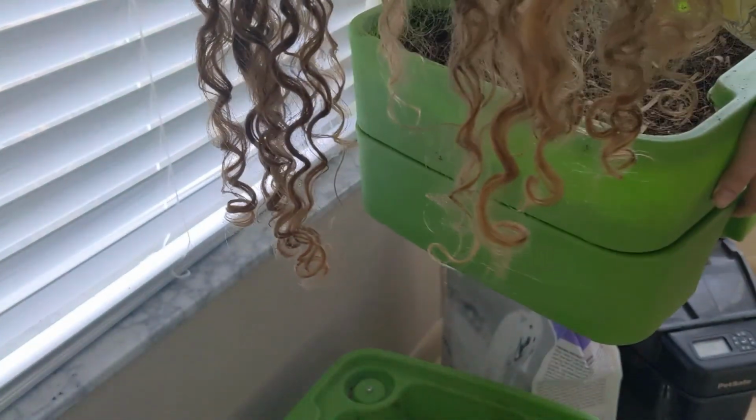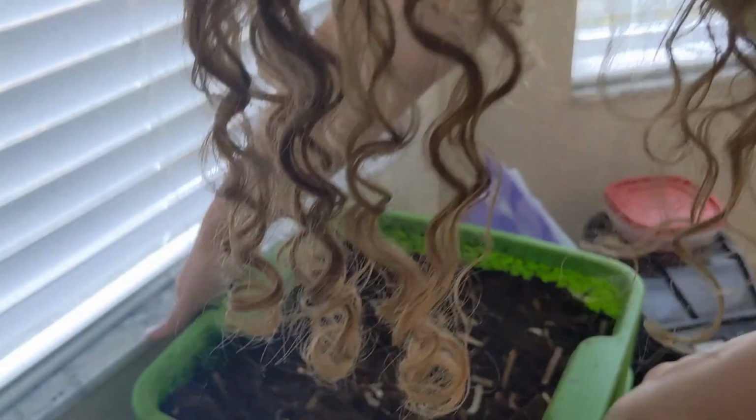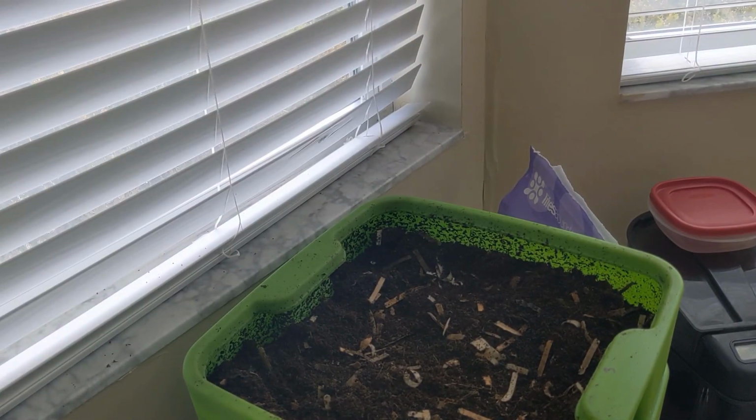So let me just Oh no, there's gnats down there. Okay. And things have escalated, people. Things have escalated. So, shoot, I don't know what to do. Let me think about this. Okay. We don't want more gnats, so what I think I'm going to do is,